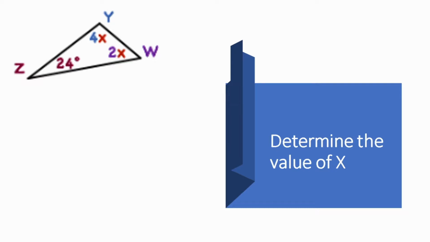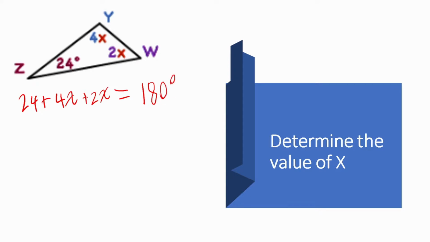First problem here, we see a triangle and it says determine the value of x. And we notice that x is in a position where an angle value would be, so a measurement of an angle. And we know in a triangle we have three angles, which we have all three labeled 4x, 2x, and 24. What that means is we could add these together. We could do 24 plus 4x plus 2x. And we know that when we add up the angles of a triangle, they will always equal the magical number